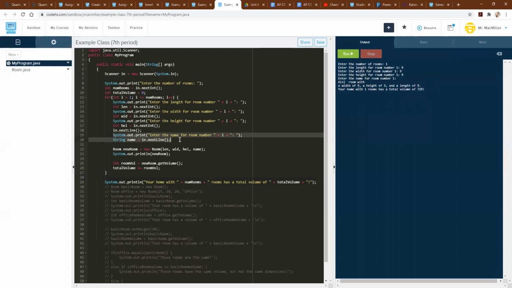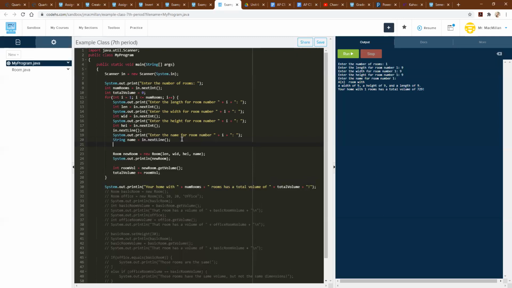So after we get the room's name, we want to check whether it's nothing or not. And we want to keep asking until they have entered something that isn't nothing. So if we don't know how many times we're going to be looping here, we don't know how many times the user is just going to hit enter, enter, enter until they actually type in a room name. When we don't know, we are going to use a while loop. So we can check while our name equals an empty string,